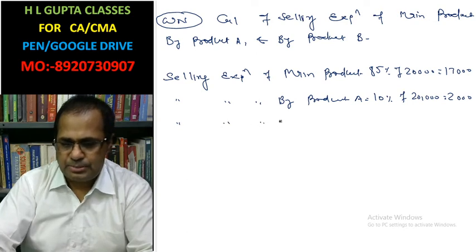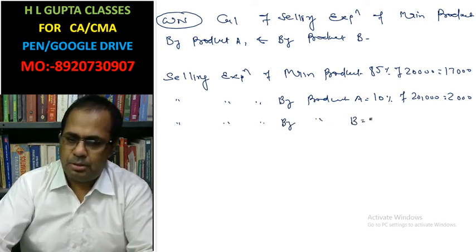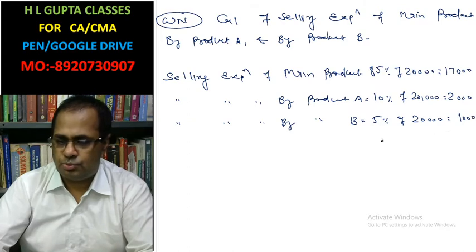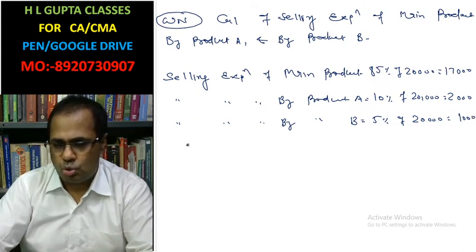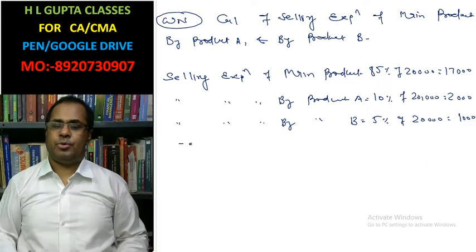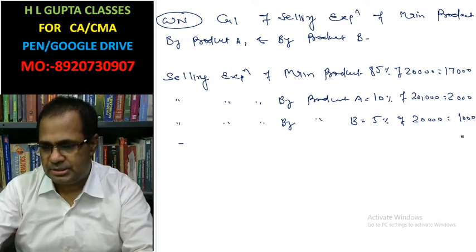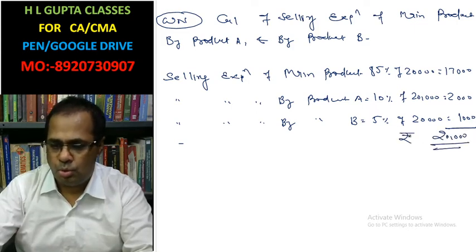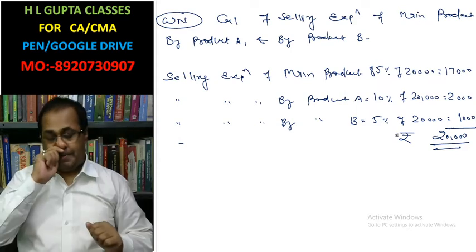Selling expenses of byproduct B, 5% of 20,000, is 1,000. Total selling expenses we have calculated here separately. So this is your 20,000, okay, which we have calculated. Now we can calculate